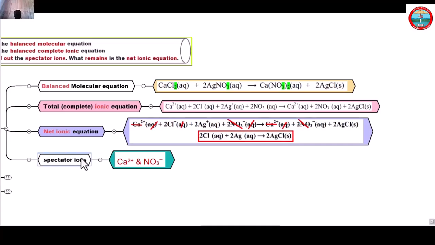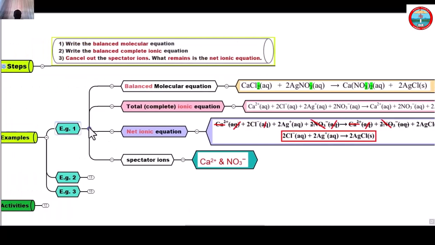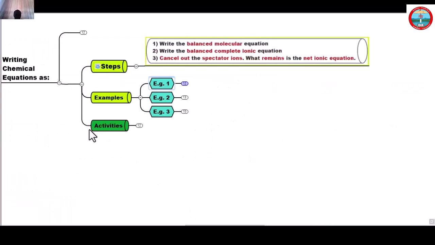Now the spectator ion is an ion that does not exist in the net ionic equation. So after cancelling out the same ions in the reactant and in the product side, the ions that do not exist here are calcium ion and nitrate ion. So calcium ion and nitrate ions are the spectator ions. This is example 1. Similarly, for example 2,